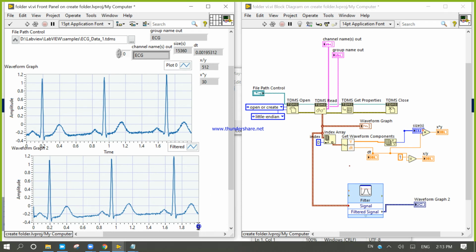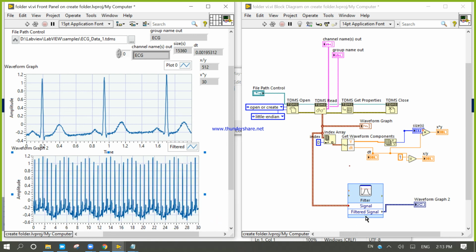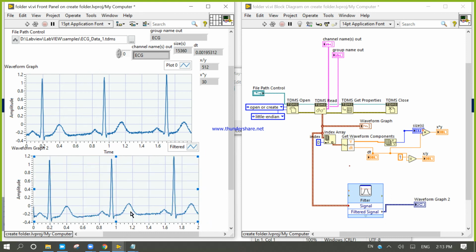If I take this one 30. So after the filtering, when I use the filters for the 2, look at here, something has been filtered. Some data has been filtered.